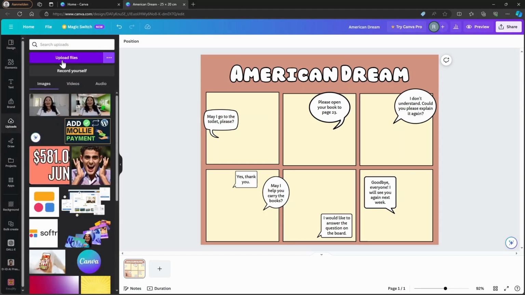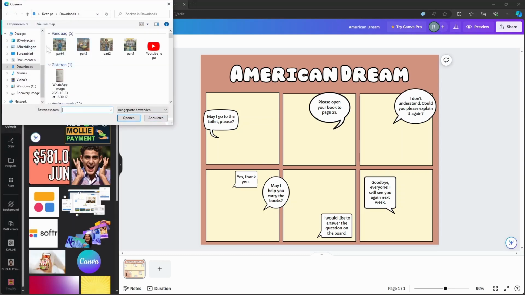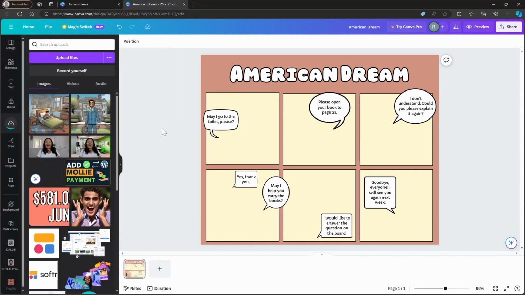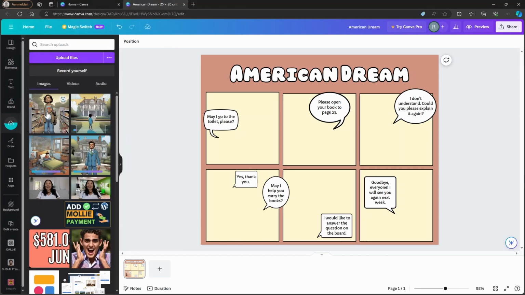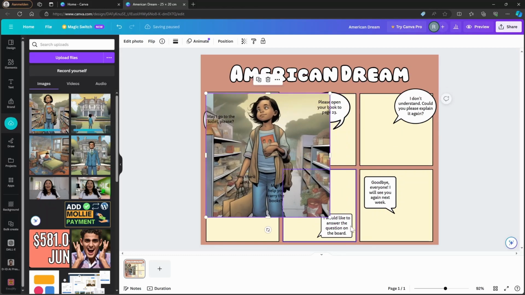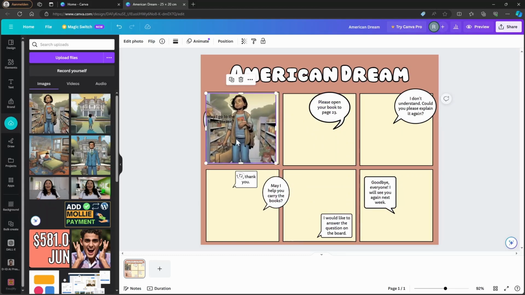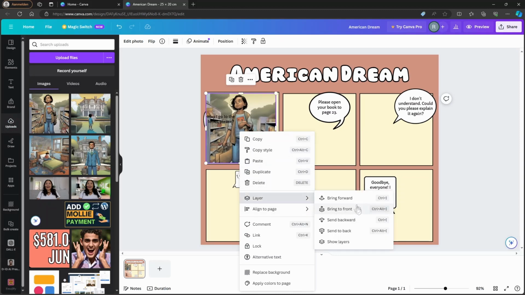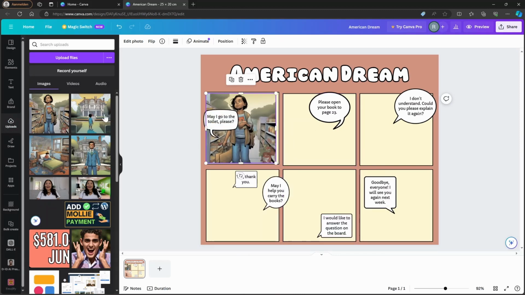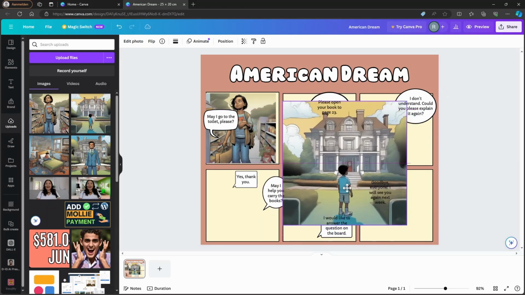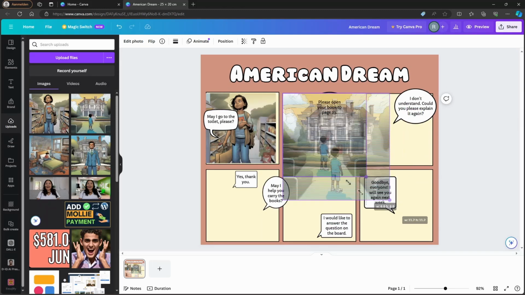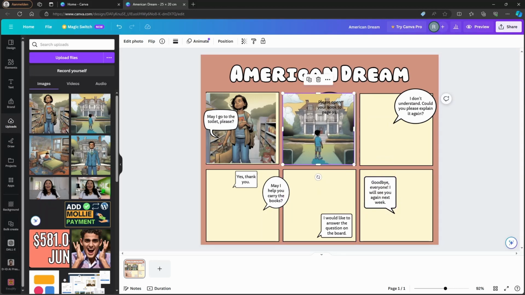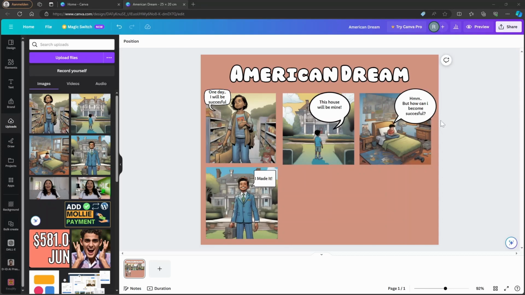So we go to uploads, upload files. There you have it. So you can, for example, paste this in here, change the layer a little bit, and this way you can of course create your own comic book. I will pause the video a little bit, and if I have finished I will show you the end result. Alright, so I've made this little template here, and I changed some text bubbles and also pasted all the